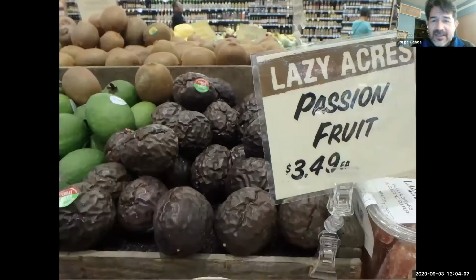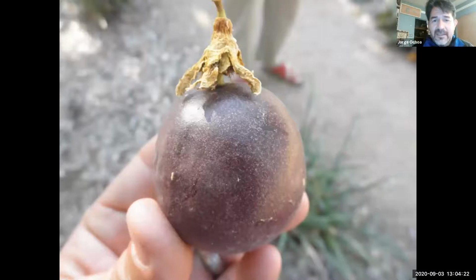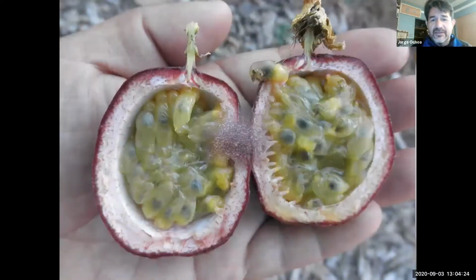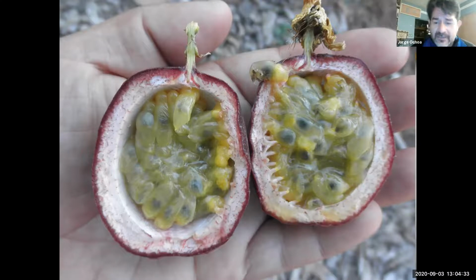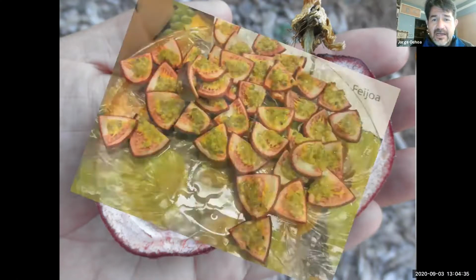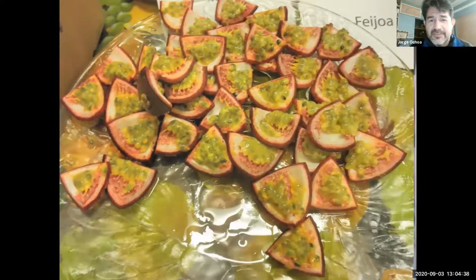It is unfortunate that they are sold for about $3.50 plus a piece, when a single plant can give you over 200 fruits in a single season. But in most places, most stores, they are going to be quite expensive. So you take the fruit and you cut it in half. In this case, the purple would be one of the best and sweetest, and one of the better ones to eat right off of the fruit. This is how you serve them at your next party.